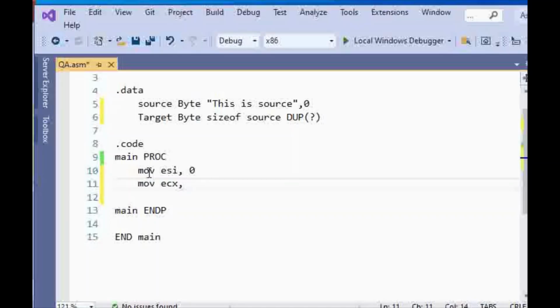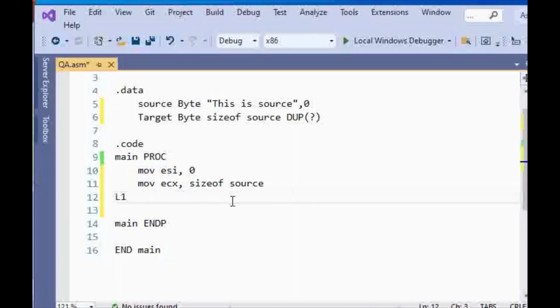ECX shows the number of times that we're going to loop, and we're going to set it to the size of source because that's how many times we have to loop if we want to push every single letter of the source to the target. So these are making us ready for our loop, and this is making us ready for our array. And then